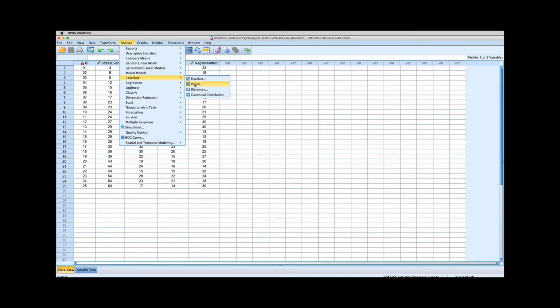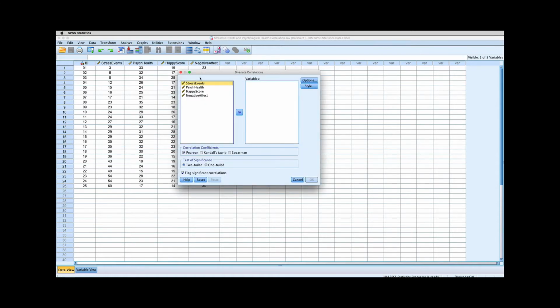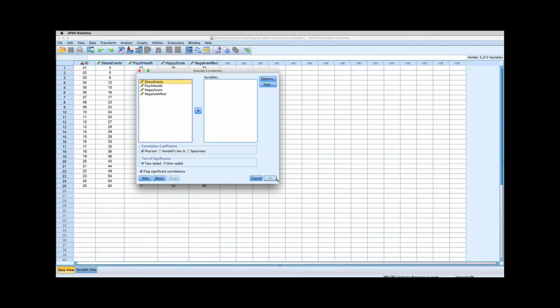But you can see other options, like if you wanted to do a partial correlation, which is looking at the relationship between 2 variables while controlling for a 3rd variable, we would use this drop-down menu option there. There are some other ones here that are beyond the scope of this course, but we'll focus primarily on running a bivariate Pearson correlation here. So go ahead and click bivariate, and this will bring up that dialog box here, and